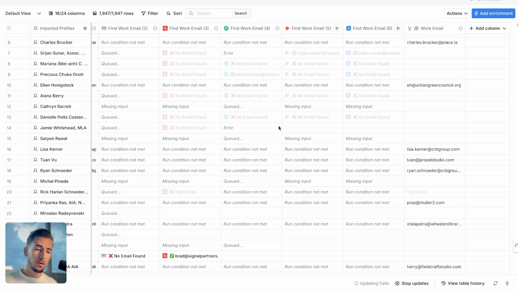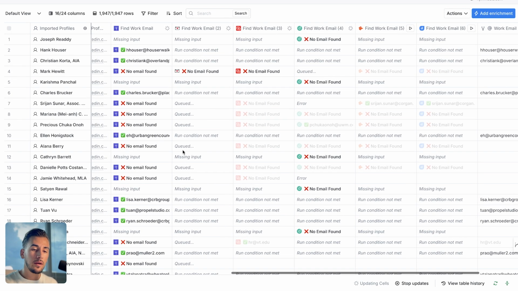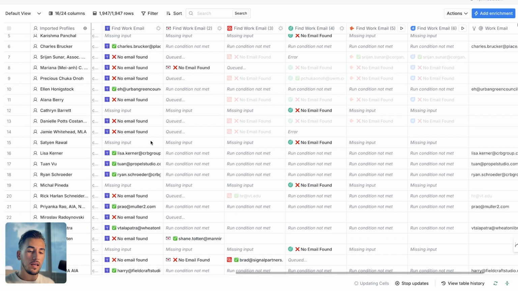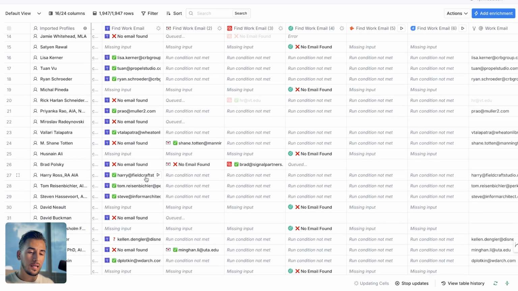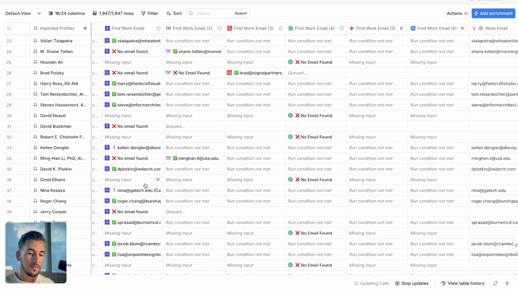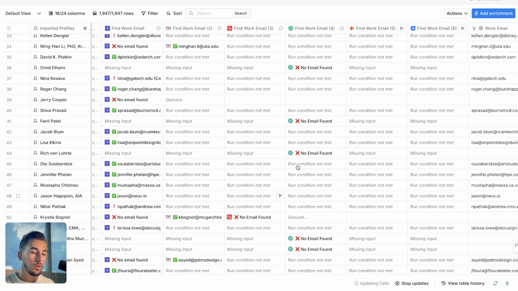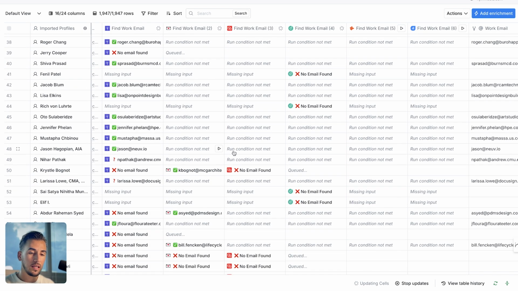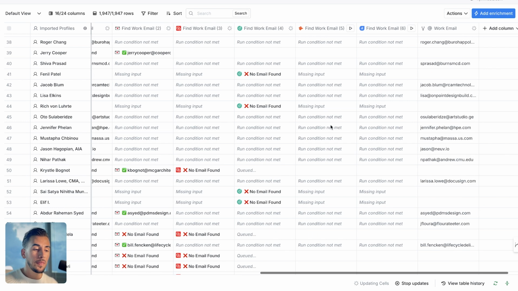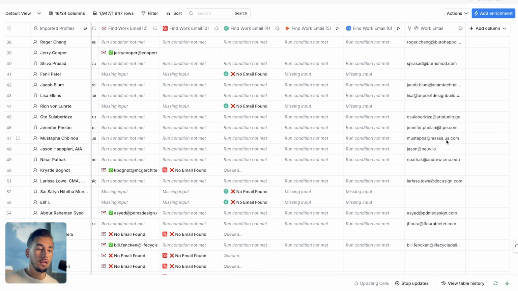However, once you go through it, you can see how this is really working, right? And you can also hide all of these fields. Many of them are found by the initial data provider, some of them not. Then it goes on and finds them from another provider. And wherever it does find them, it will obviously not charge you for the other providers once it used one of the providers to find a valid email. And then it will output it into one column.